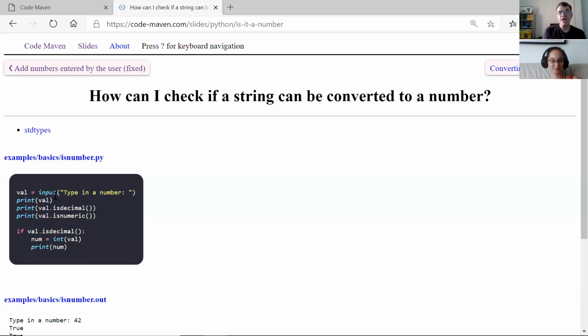Okay. So how can I check if the given thing that I was given can actually be converted to an integer? One way is to try to convert it, and if it blows up, then it wasn't. Then we'll learn how to capture these errors that we can encounter. The other way is to use this function that you can use on the val. So on this variable, val, that I got from the user, I print it out, and then I can